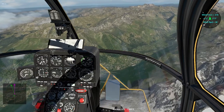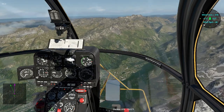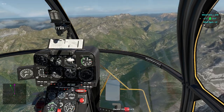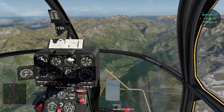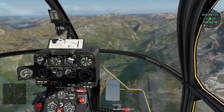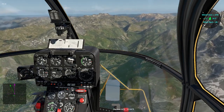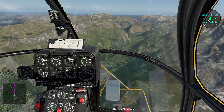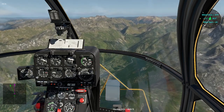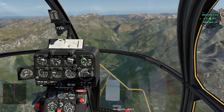So my real speed over the ground is about 130. So no engine, and I am just dropping down at 1700 feet per minute, and not per hour as I said before. So I have no more engine, and I have no more vacuum. So my artificial horizon is unusable right now. So I am at 60,